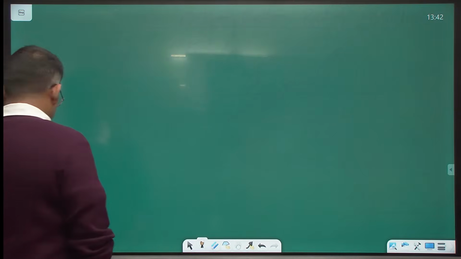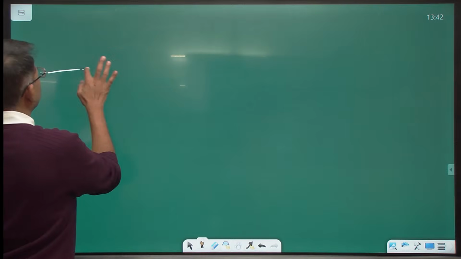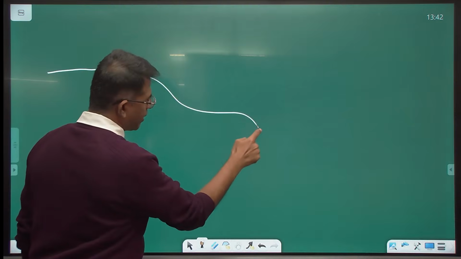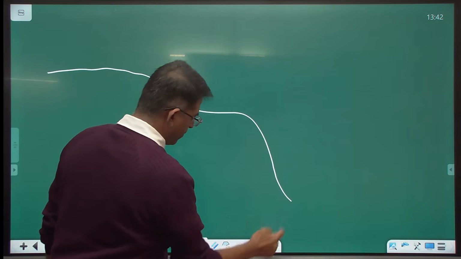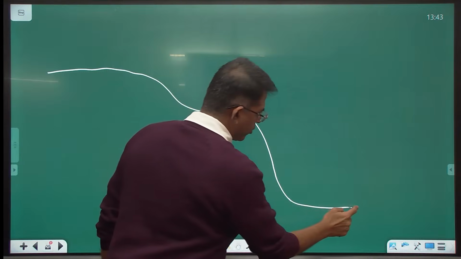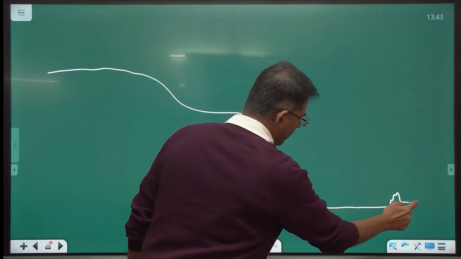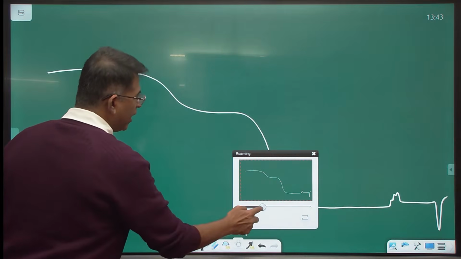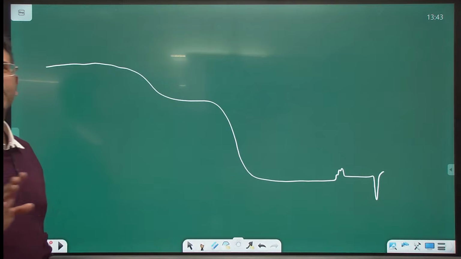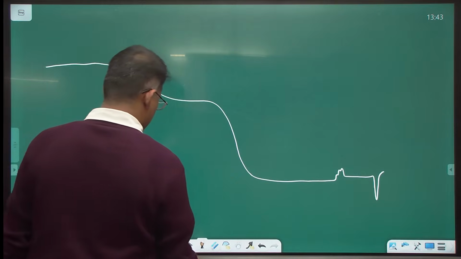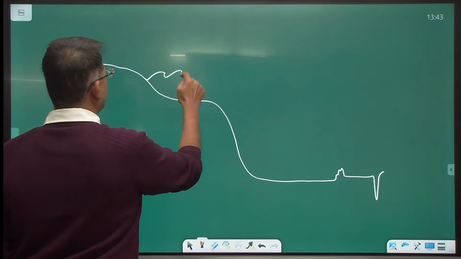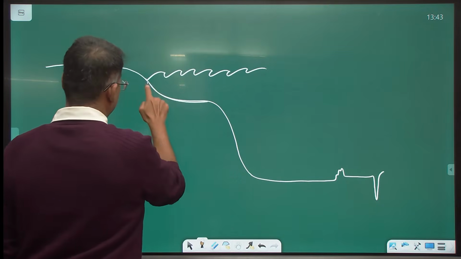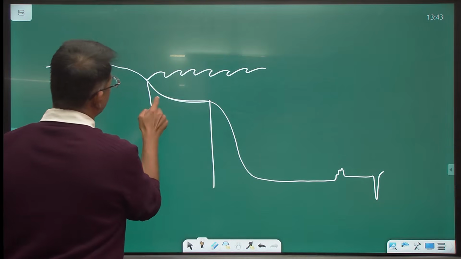So typically, if I draw the sketch here, we have the continent, we have a transition zone here, it plunges toward the deep here. So I'm drawing the sketch of an ideal ocean floor, an ideal represented ocean floor. Okay, so this is the ocean water. So from here to here, this is the continental